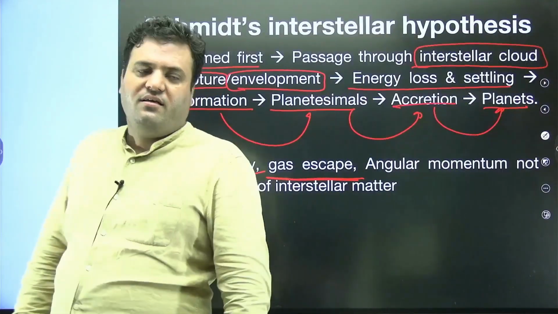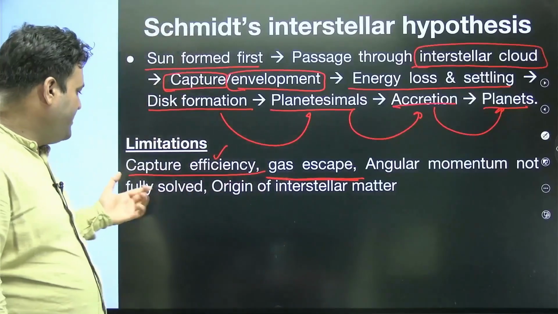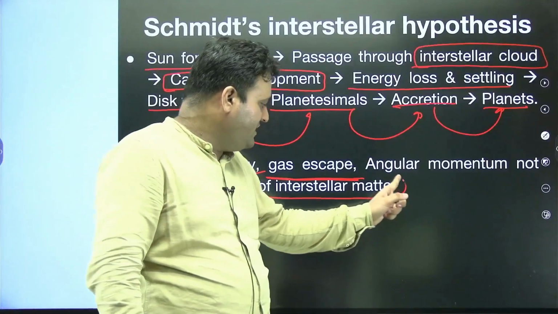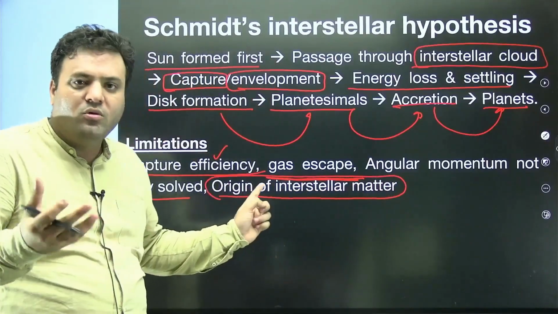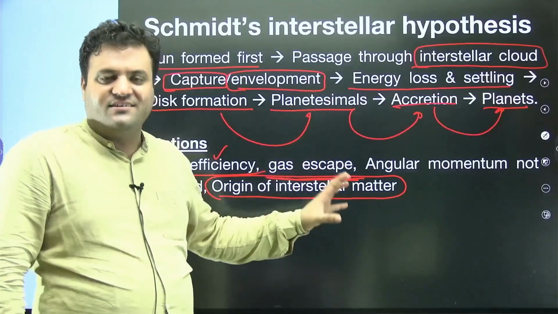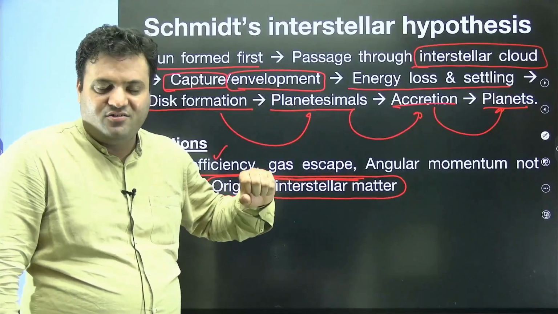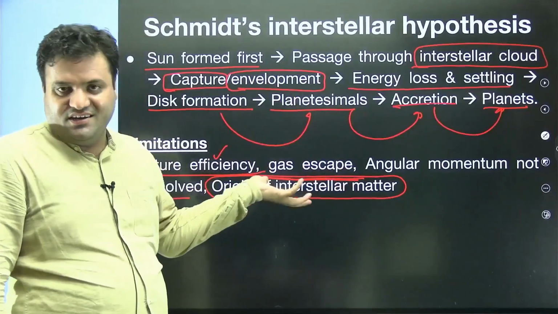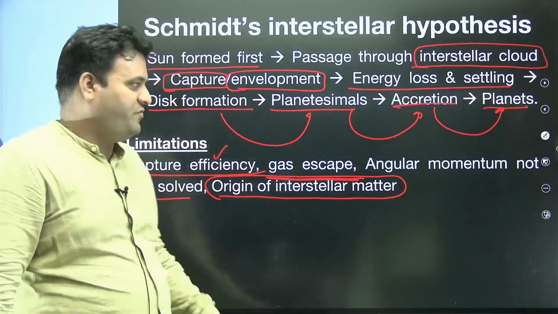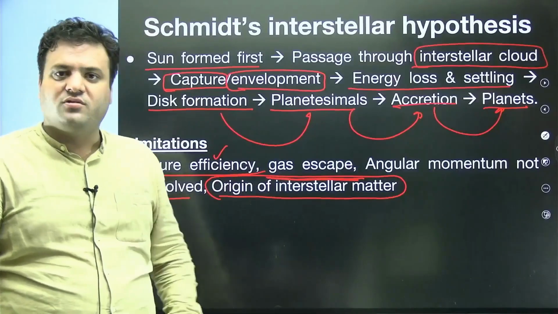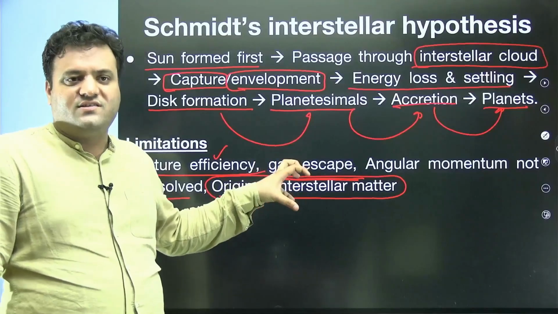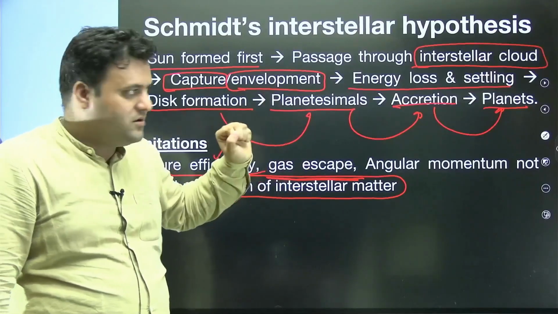Similarly, angular momentum was not fully solved, and yes, the origin of the interstellar material, how these cosmic dust and cosmic gases came to be there, the assumption becomes a limitation. So the origin of interstellar matter is also one of the limitations of this theory, which was not justified, though it was actually the significant factor to explain